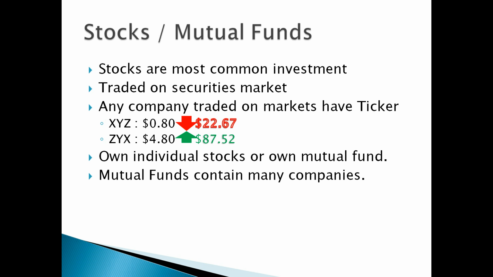When you buy an individual stock, and that company goes into default or closes its doors, you lose 100% of the investment, versus a mutual fund that has, let's say, about 10, 20, or whatever the number is, companies and stocks in its portfolio. If one of those goes into default, that will slightly drive down your portfolio, if at all. If one goes into default and 19 go positive, you might not even see the negativity on your portfolio. Let's not get too into details since this is just the basics.